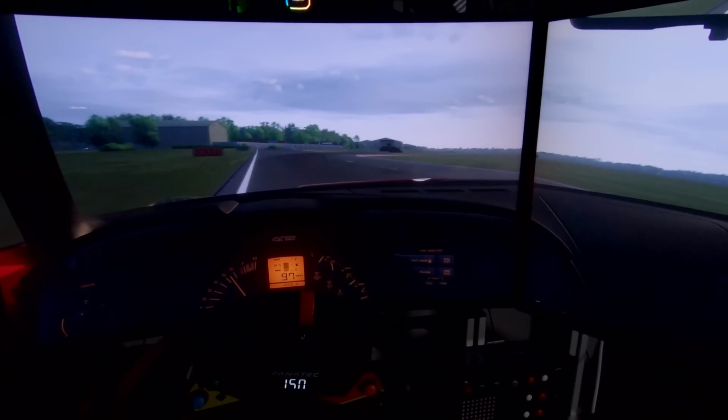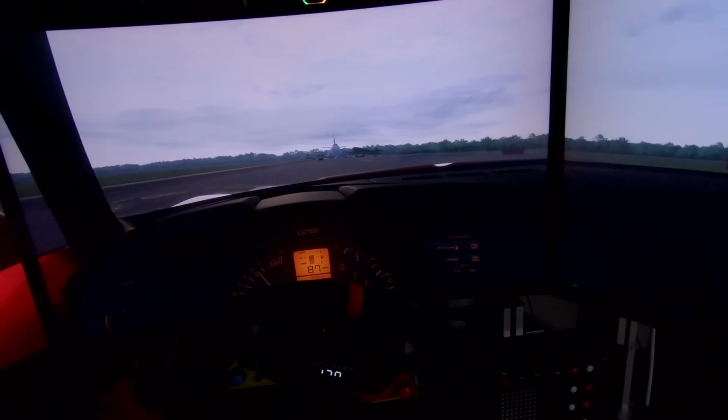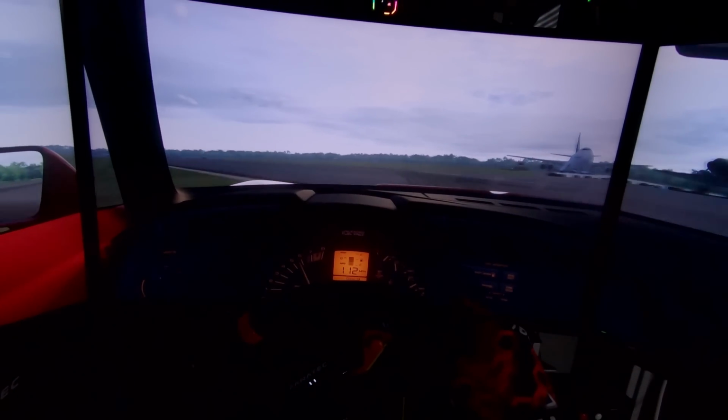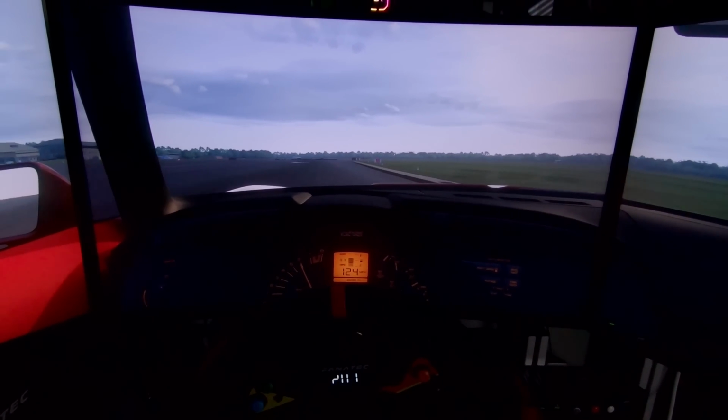Have to lose a bit of speed for this turn, because we need a good exit out of the follow through. There's that jumbo jet. Can we get up to fourth gear? Can we keep it on track? Now, second to last corner, the entry point here,